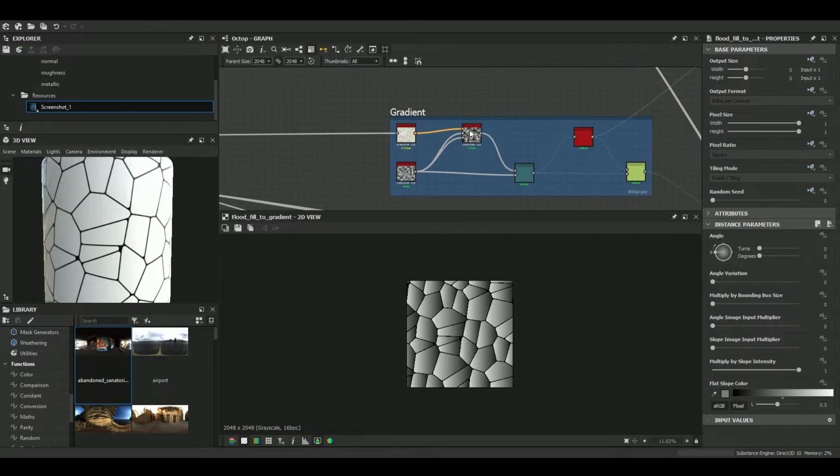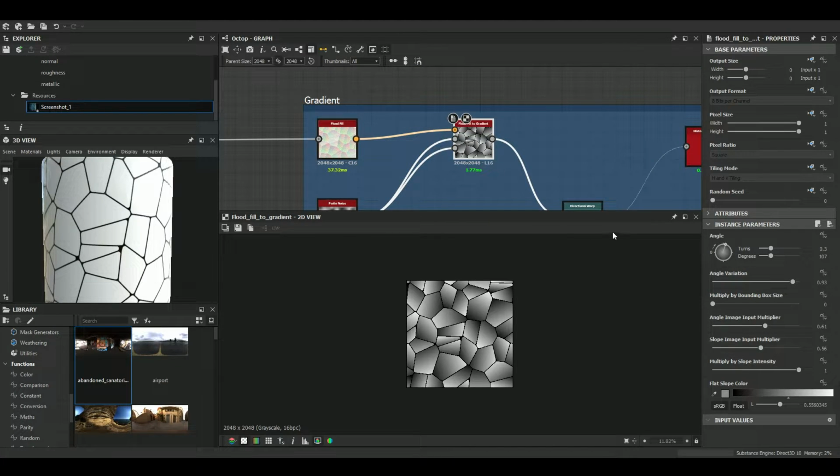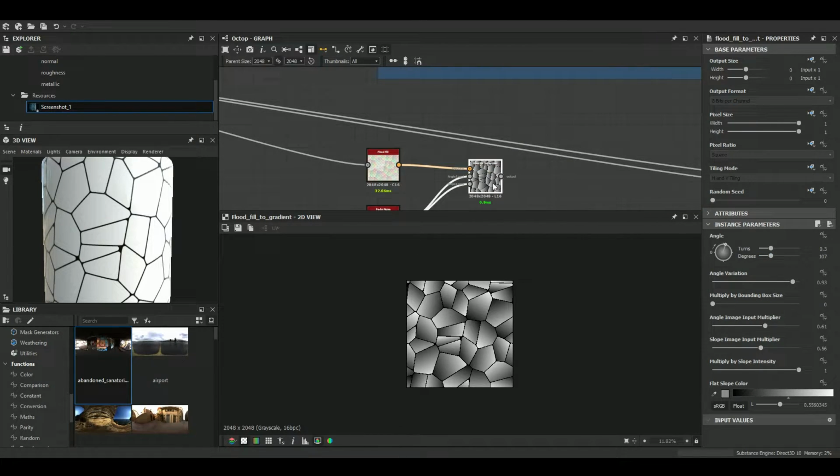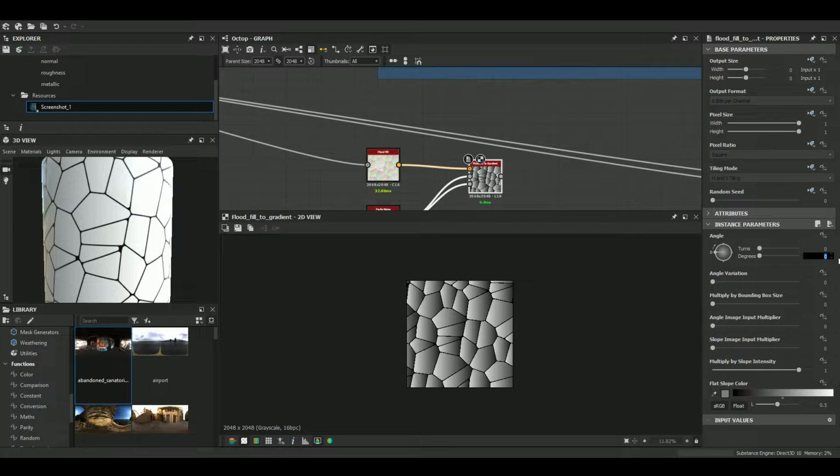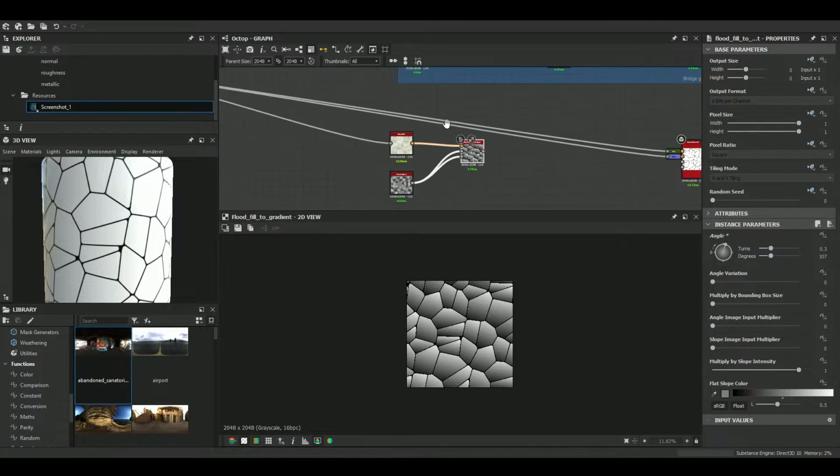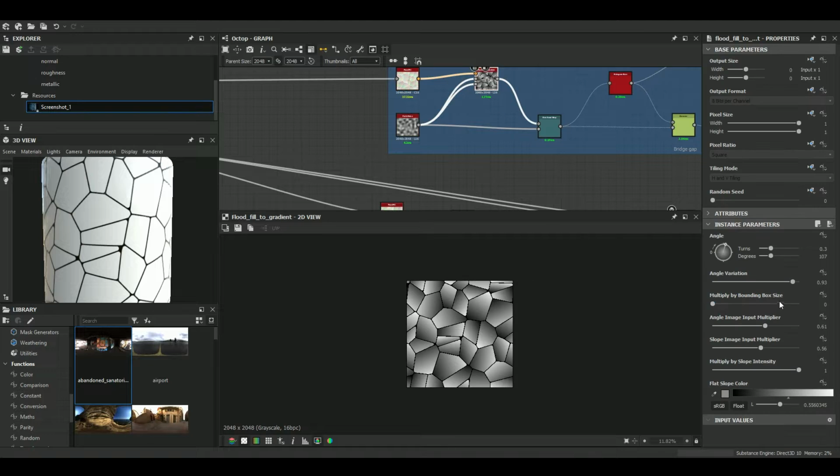Let's see how it is in the original pattern. Okay, first the angle. Okay, 107. Let's say 0.9. I like to round up the numbers. 0.9 here, 0.6 in the angle image input multiplier